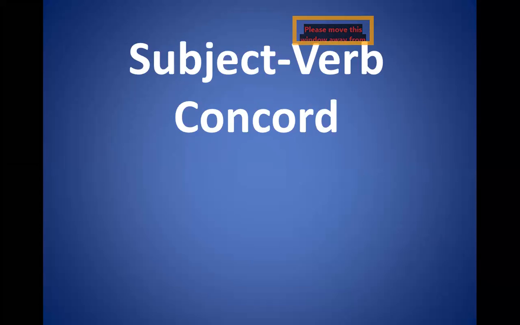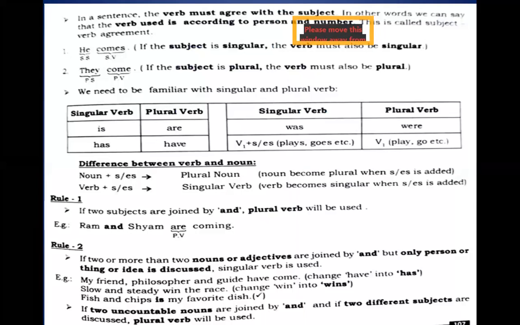The subject and the verb combination or relation, where we just understand how much we should be able to manage the things, like not making mistakes in the sentences. So that's number one. I hope that everything is visible to all of you. In a sentence, the verb must agree with the subject.